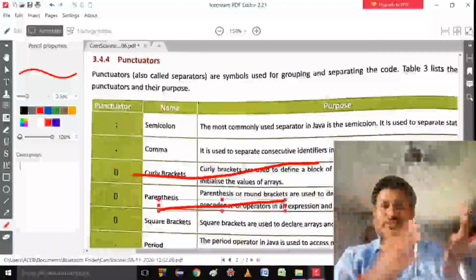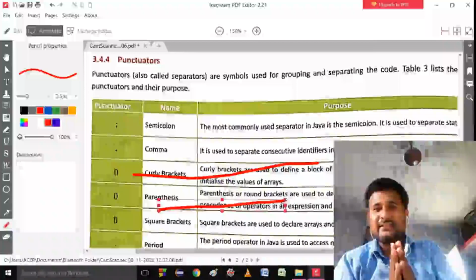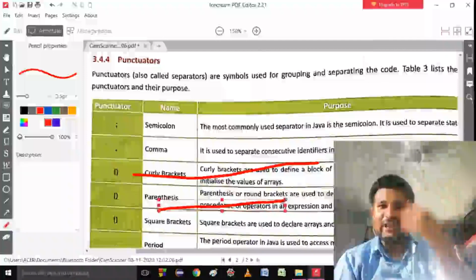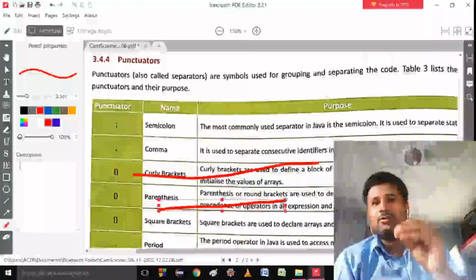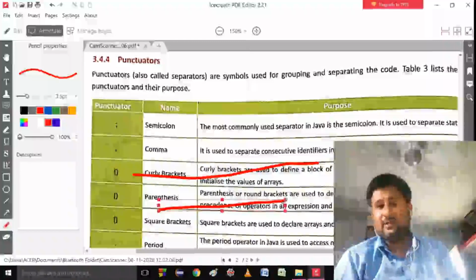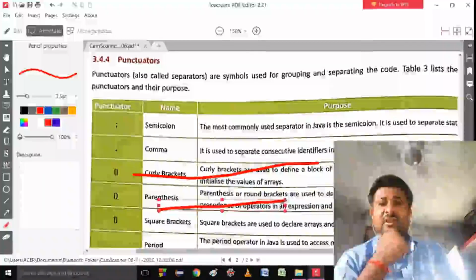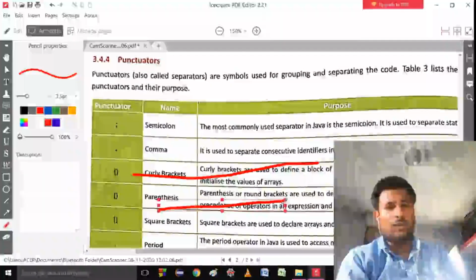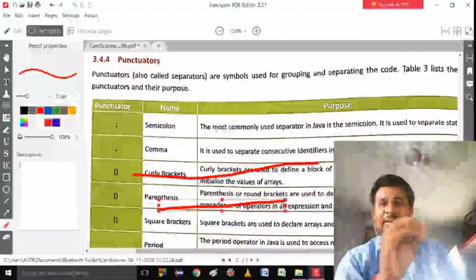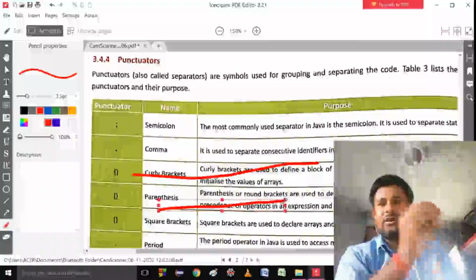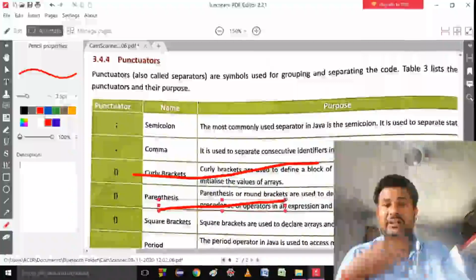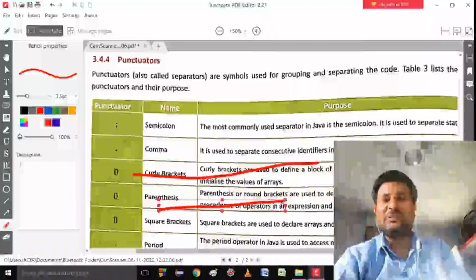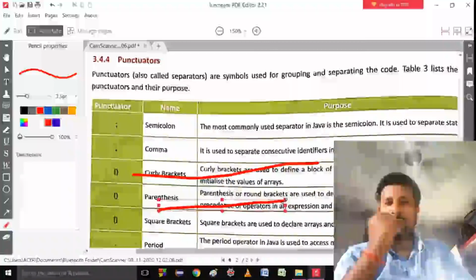So how will you access these methods of the cat? You will write object name dot action name. Suppose the action name is add, then you will call object dot add. In BlueJ everything is built in for you, because you are small kids, so they have built everything for you. Just write the code and run. That's why you are not able to see the internal functionality of how objects call methods. But I will show you each and everything when I come with the practical in your lab.